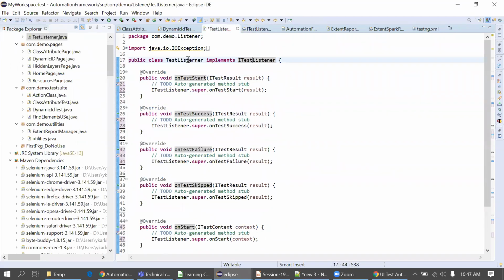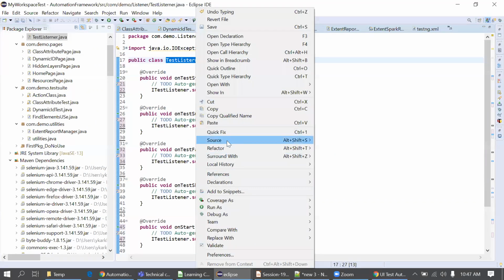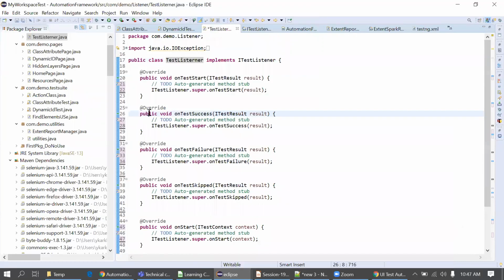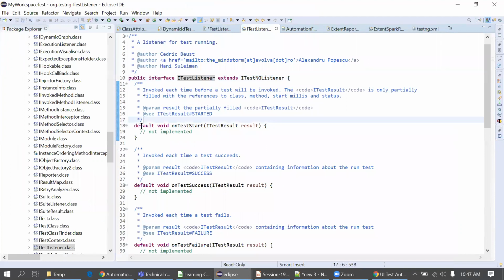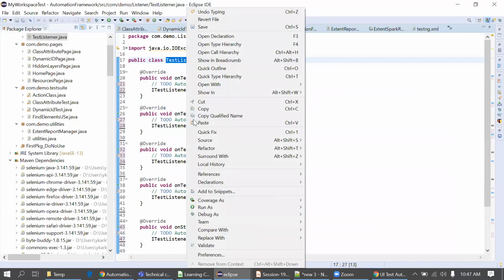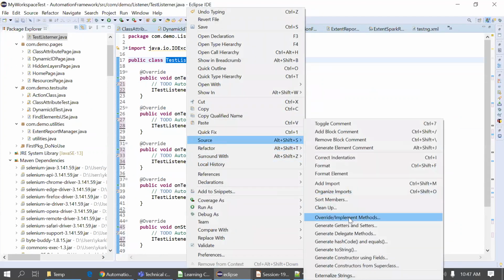Right click, then source, then override implement methods. This is the option. Previously it was showing an error in the previous version of TestNG, but now ITestListener is implemented using the default keyword. Whenever we use the default keyword in the interface, we are not forced to implement the methods. That's why I'm using this approach now.